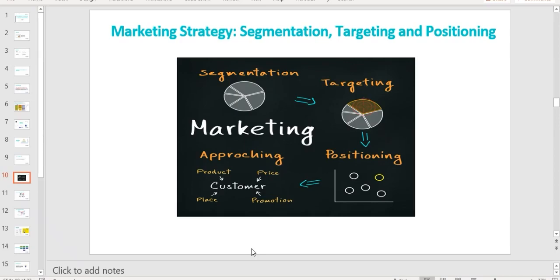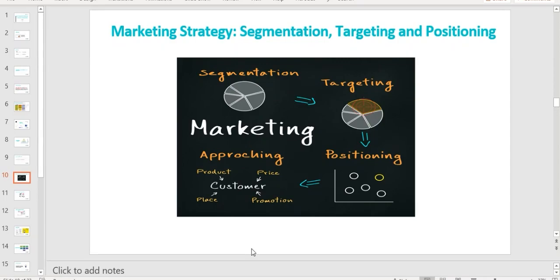So another thing for you to think about is segmentation. Essentially, there are all these students that want to study, right? Is there any way we can group them? And you're probably doing this anyway without realizing that you're actually conducting the process of segmentation. So can we group them into, I don't know, people that want to study in the United Kingdom, people that want to study in Canada? You probably do that anyway. Or do I group them based on people that want to get scholarships and people that are happy to pay for the course fee by themselves?